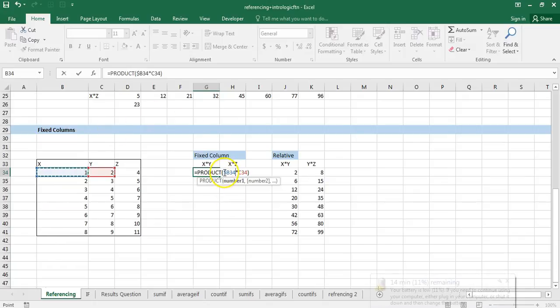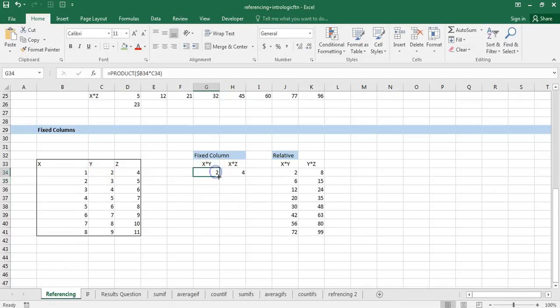Now the dollar sign is with B, which denotes your column. So you know the column is fixed and the row is not. The row does not have a dollar sign with this. And then you leave the next cell completely relative and you press enter. Now when I drag this sequence down,